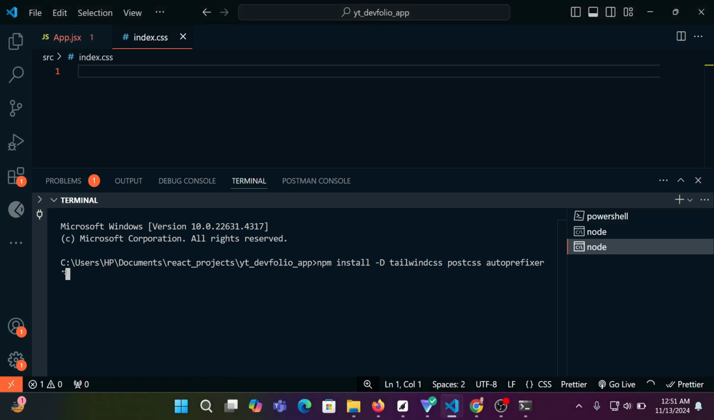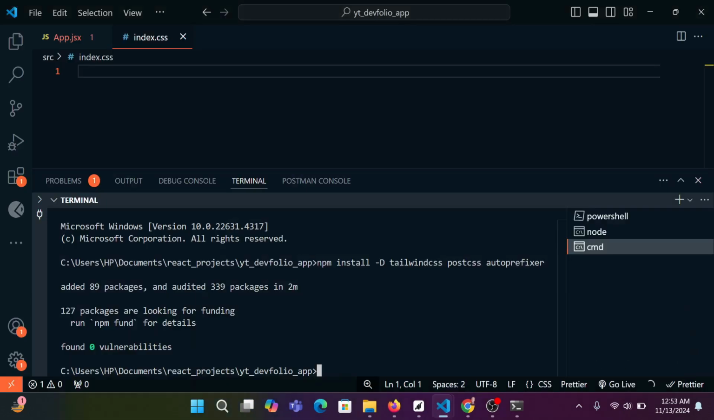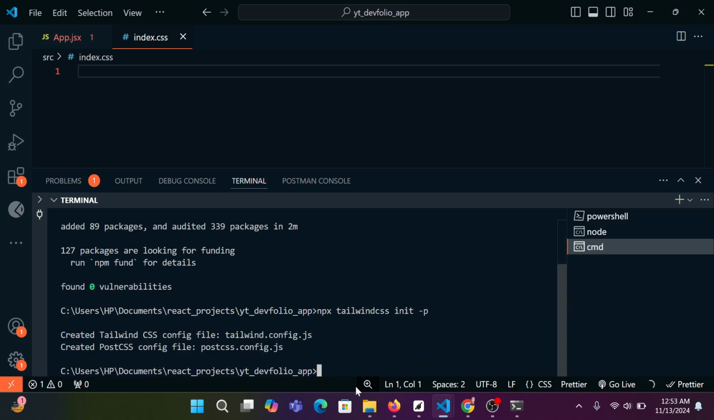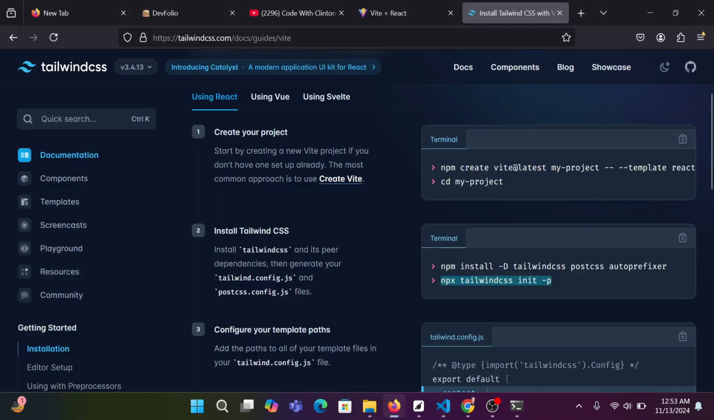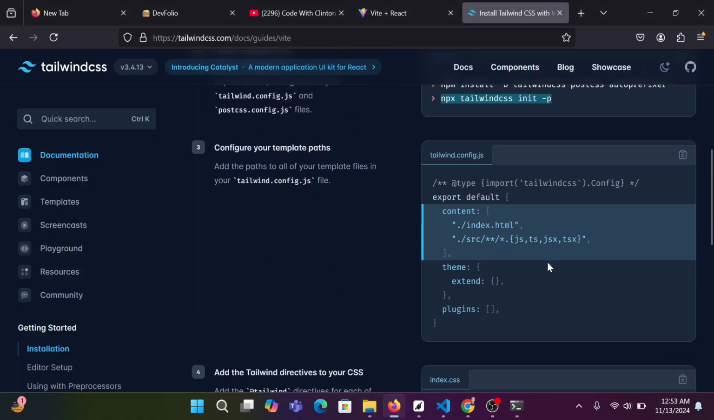So let's wait for this one to install. Right now the command is done installing, so let's run the other command. Enter. It's done. So back to the Tailwind website. Okay, now we have a file called